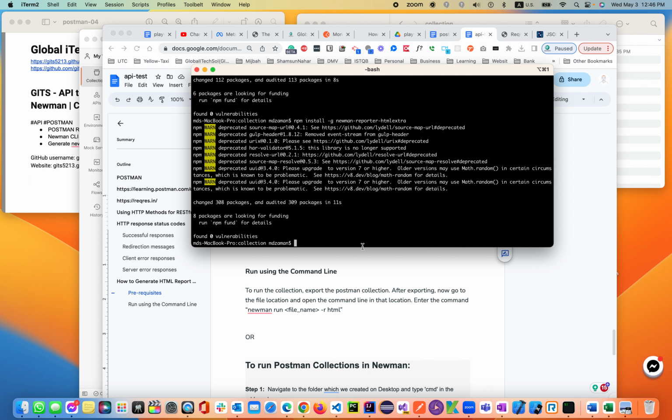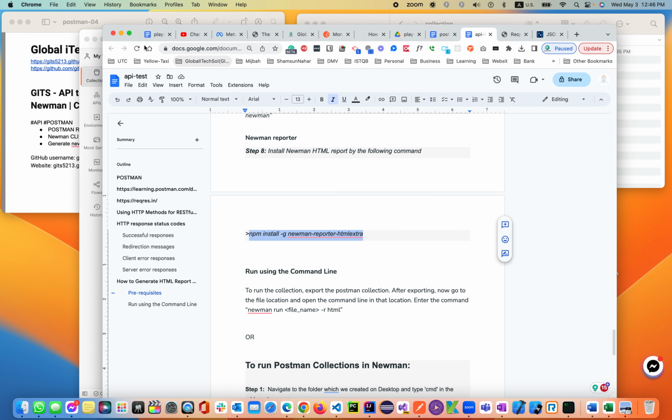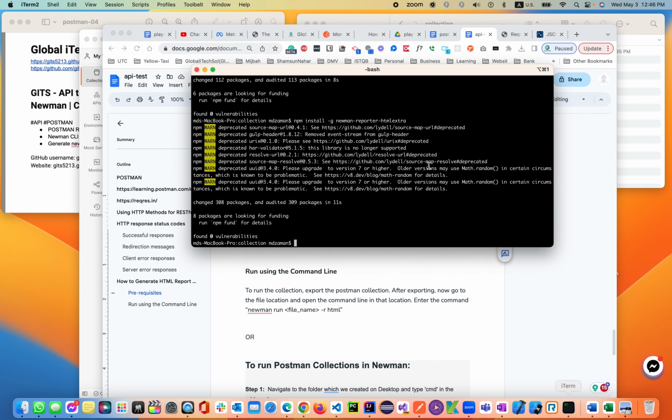Now we'll be executing our endpoints. How do we execute our endpoints? On the terminal, on the cmd command prompt, you have to go to the path, which is the collection path, then type newman run, then your collection name, the collection you exported, learning restful service.postman_collection.json, -r, then htmlextra, that's the reporter name. So this is basically the reporter name, htmlextra. Then once you hit run,